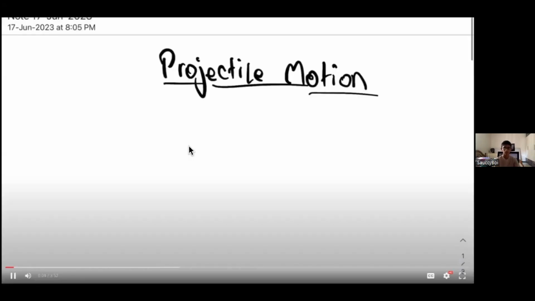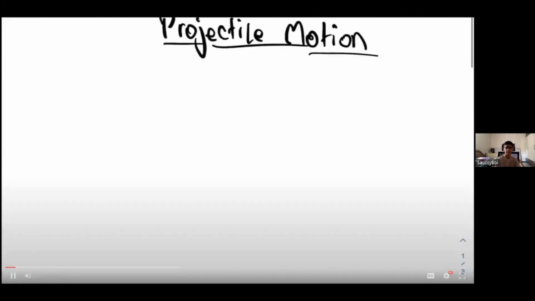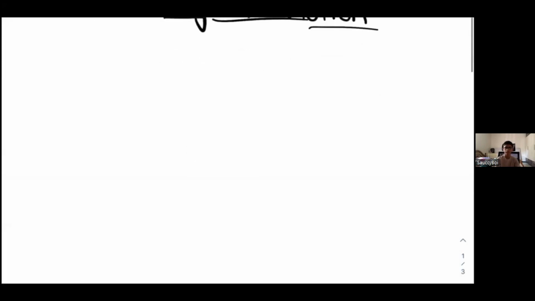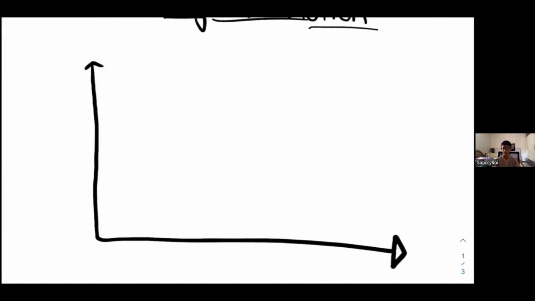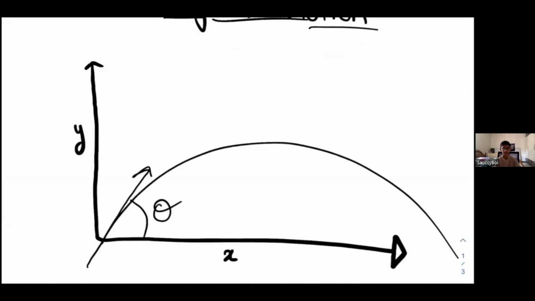Okay, hello guys. Today we'll be talking about projectile motion. And well, let's just get started. So the main things, right now I'll just get out of the way what we're going to be using to represent everything. So this will be the y-axis, this will be the x-axis, and this will be the path the projectile will take. This will be the initial angle which the object is thrown at, and this will be the initial velocity. Now what I can do here is I can draw a triangle,